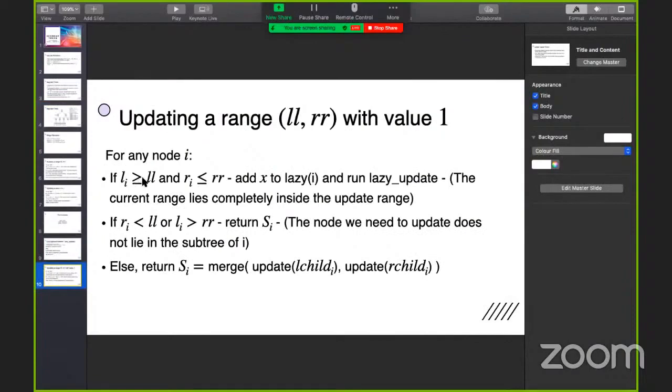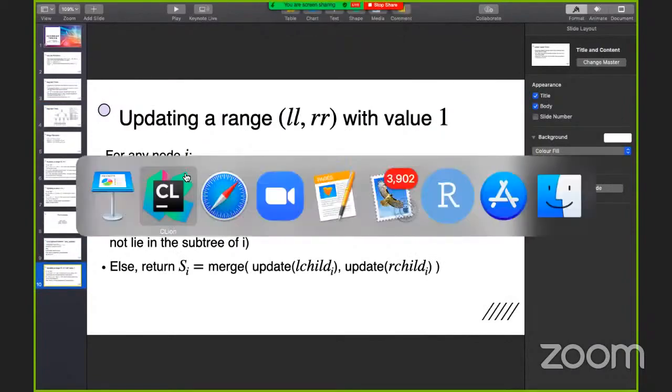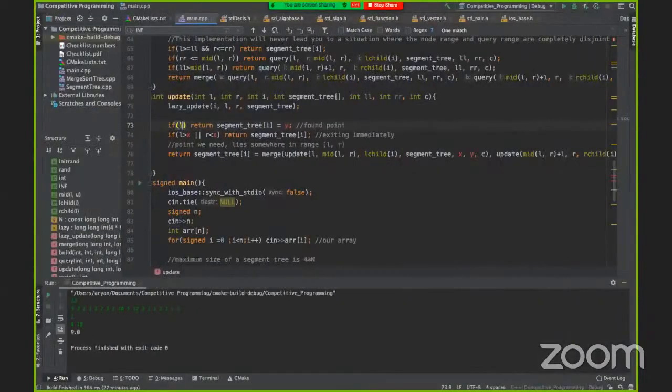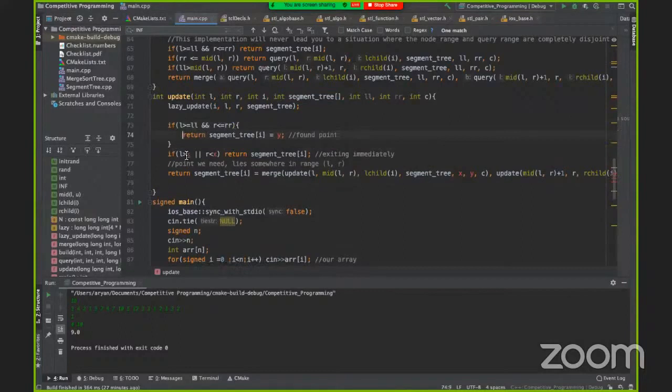If L is greater than or equal to LL and R is less than or equal to RR, then what do we need to do in that case?